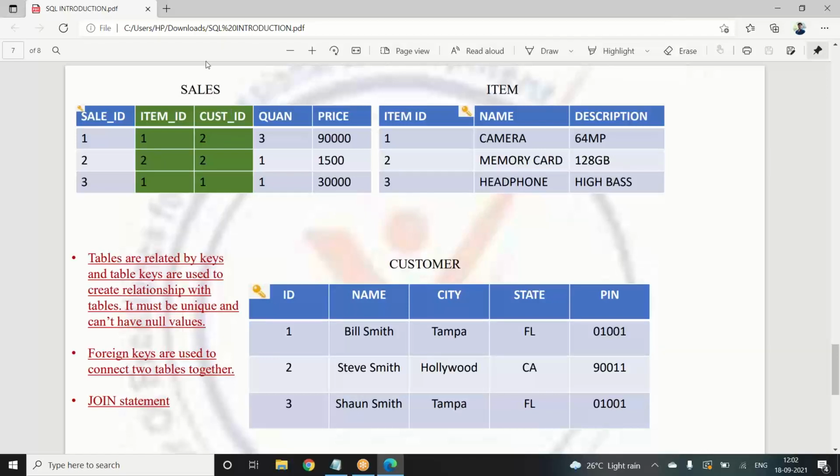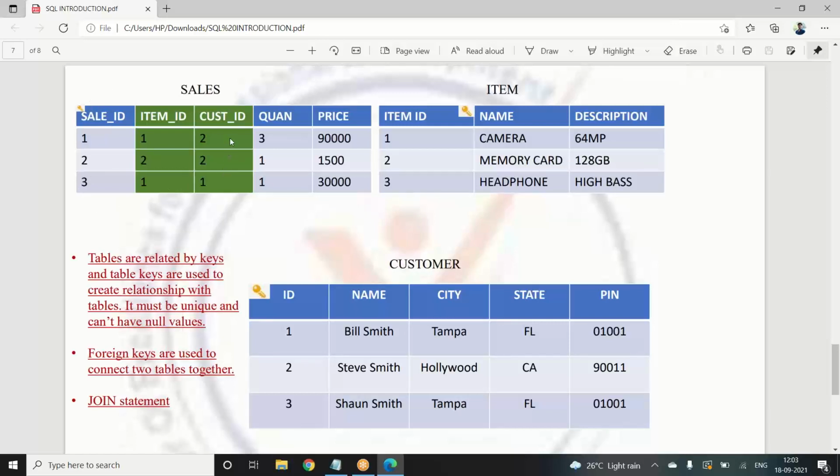Yeah. So here we have said that when we give something as a primary key, it shouldn't have any repetitions. So in the customer table, this ID is a primary one because it doesn't have any repetitions. So when we have connected that to the sales, it is no longer a primary key, because we have already said there should be only one primary key to one table. So in this, the sales ID will be the unique one.